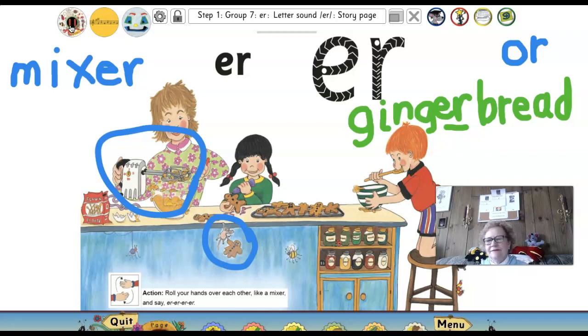The mixer in the bowl goes mixing the food together. That mixer goes